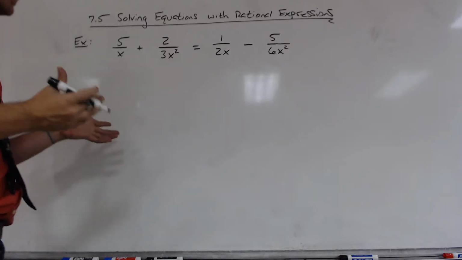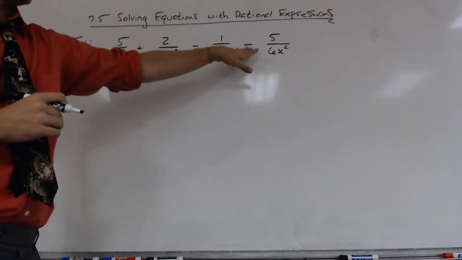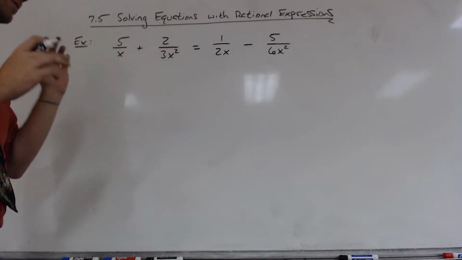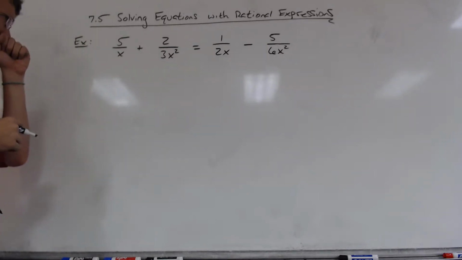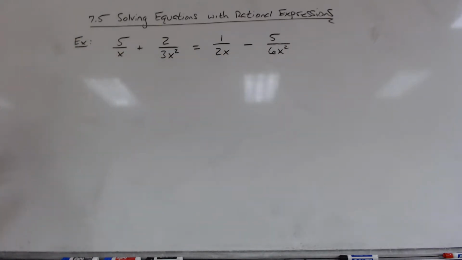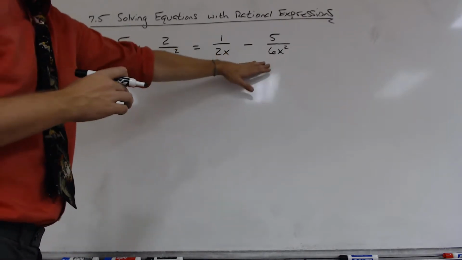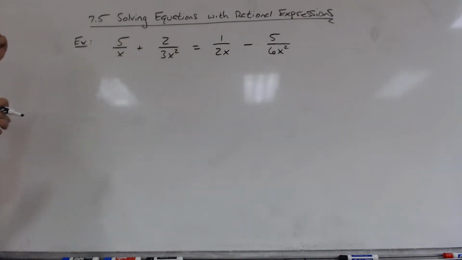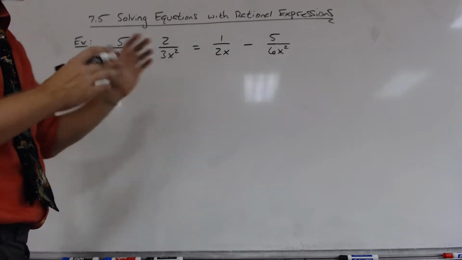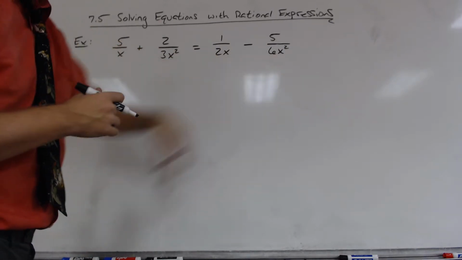And just like we did in 7.3, anytime we're adding or subtracting fractions, whether they're with polynomials or algebraic, we want to find a common denominator. Okay, so we saw before that our common denominator has to be constructed of all of the pieces in the denominators. So when I look at all four denominators, the common denominator numerically between 1, 3, 2, and 6,